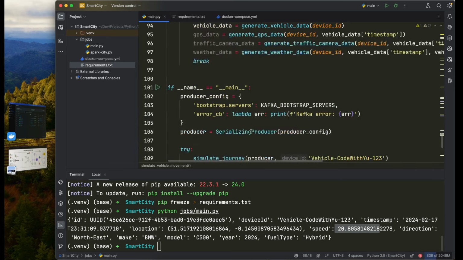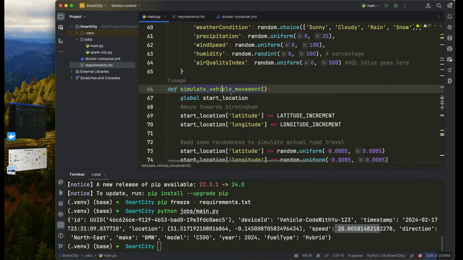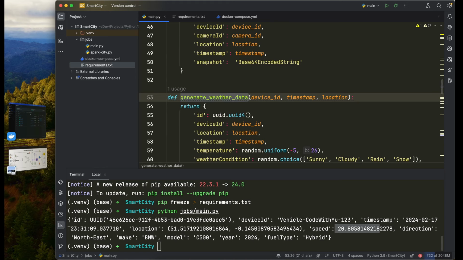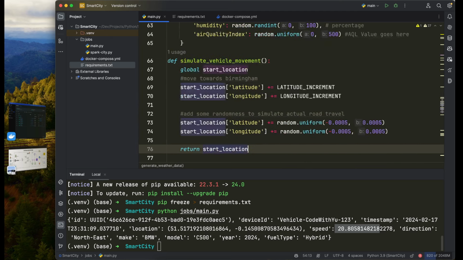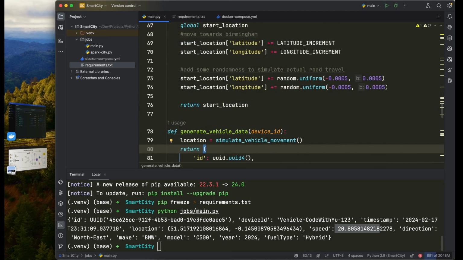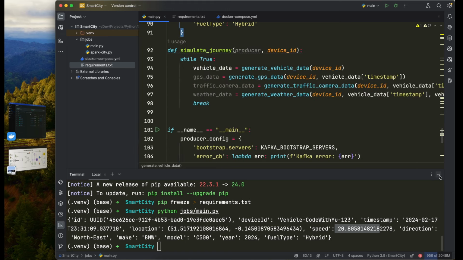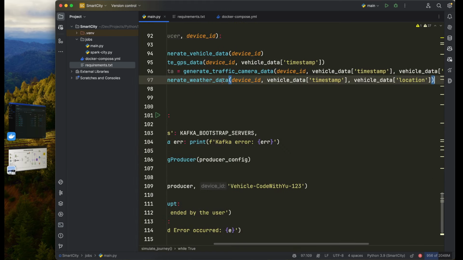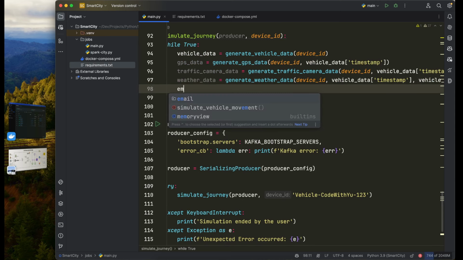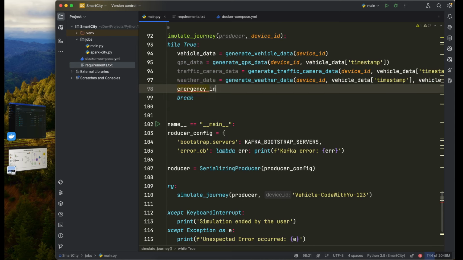Okay, so finally we get our weather data. Now let's see what else we need to do before we continue. I'll just scroll this down a little bit and minimize this. We have weather data. Finally, we just get our emergency incident data. All right, so that will give us access to generate emergency